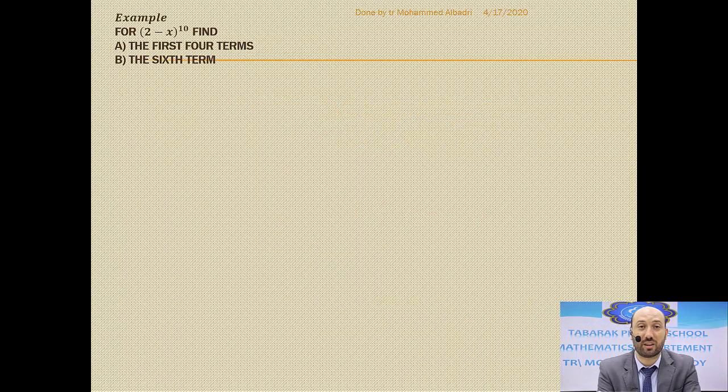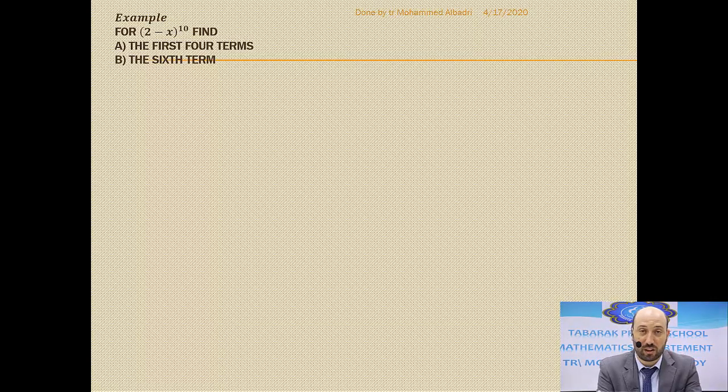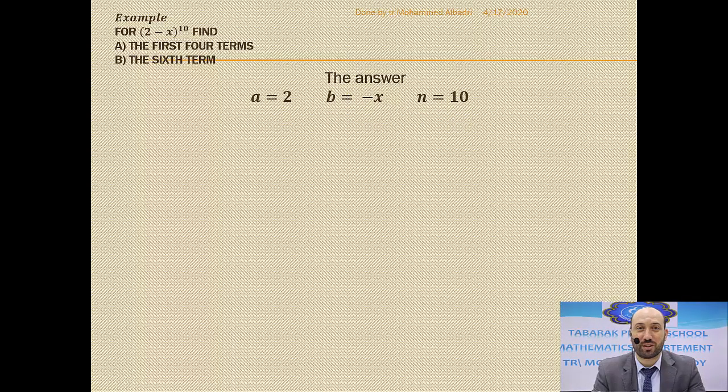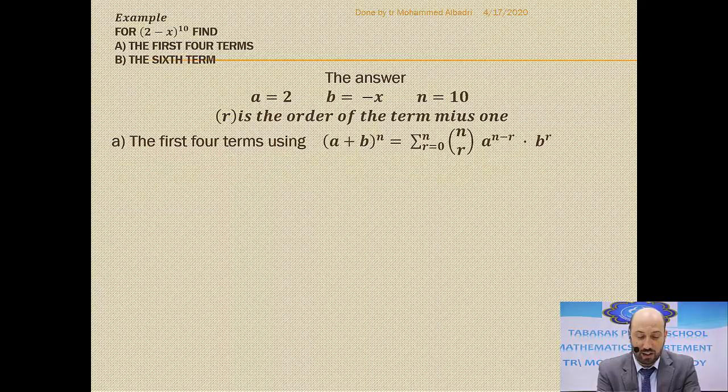So how could we find it? The first example: for the binomial (2 minus x) raised to the power of 10, find a) the first 4 terms, b) the sixth term. Sure, we have to use the formula. So the answer: here we have a equals 2, b equals negative x, and n equals 10. When we use r, it is the order of the term minus 1. So for a, the first 4 terms